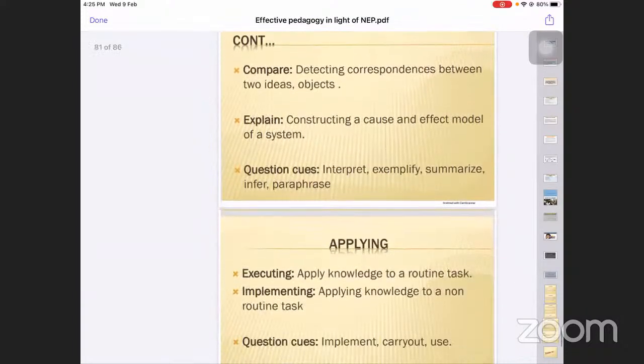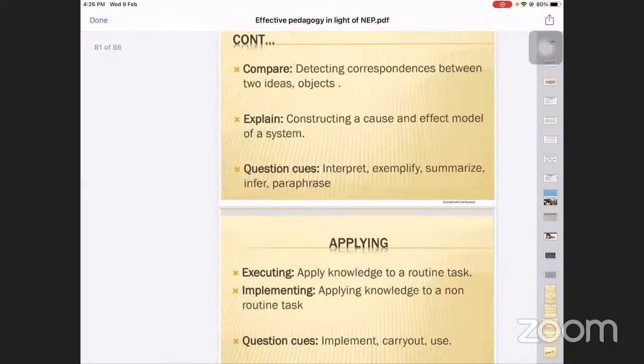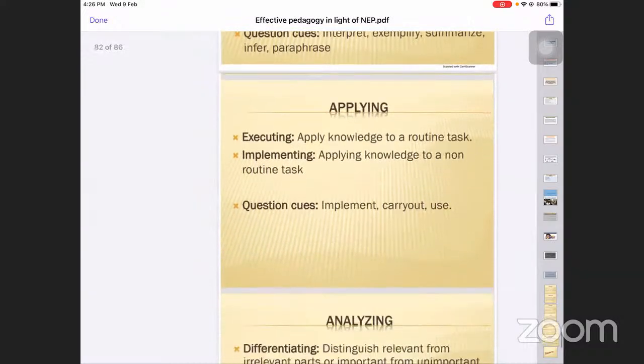Comparison, explanation, these all are required to understand effective learning, and the art of teaching and learning says that these all be completed by a teacher so that the student can apply this knowledge to the